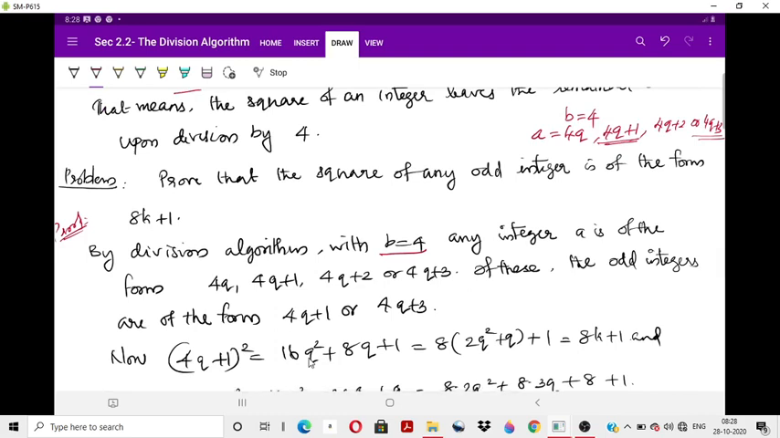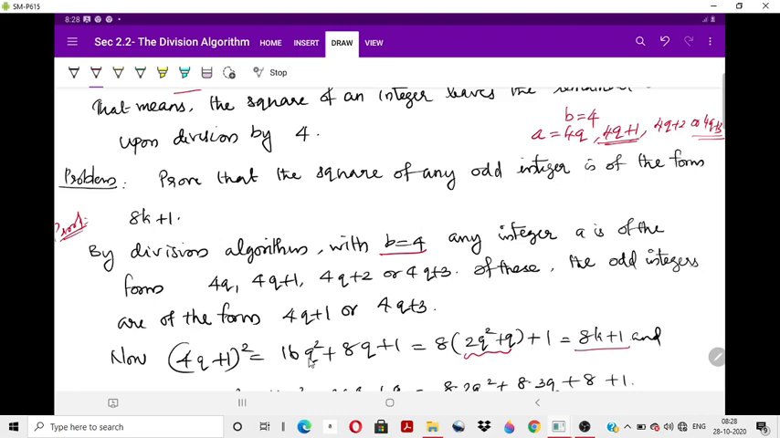So when a equals 4q plus 1, its square, by expanding, we will get as 16q square plus 8q plus 1. From the first two terms we can take 8 as common. So 8 into 2q square plus q, plus 1. If we consider 2q square plus q as another integer k, we can say 4q plus 1 whole square